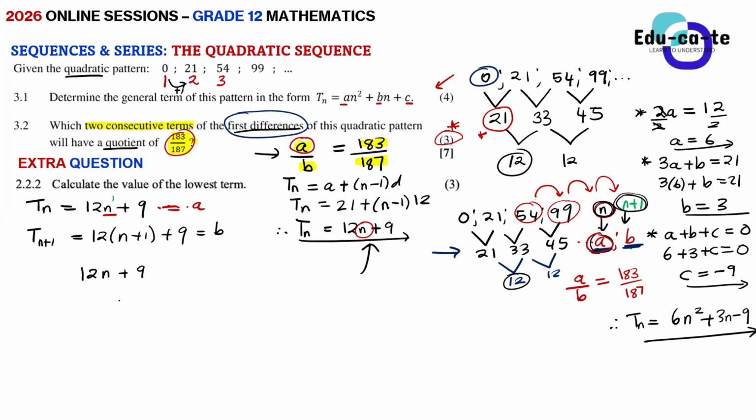And then this is over the value of B. The value of B, I'm going to get it if I say 12. Its position is n, which is the position of A, plus 1, because it's next to A. So in this quadratic sequence, for example, 54 is at position 3, and position 3 is just 2 plus 1. So I can say 54 is at position 2 plus 1. I'm using the same trick, but I've got n because I don't know the position n. Is it fine, guys? It equals 183 over 187. So you solve for n, which is the position of A.